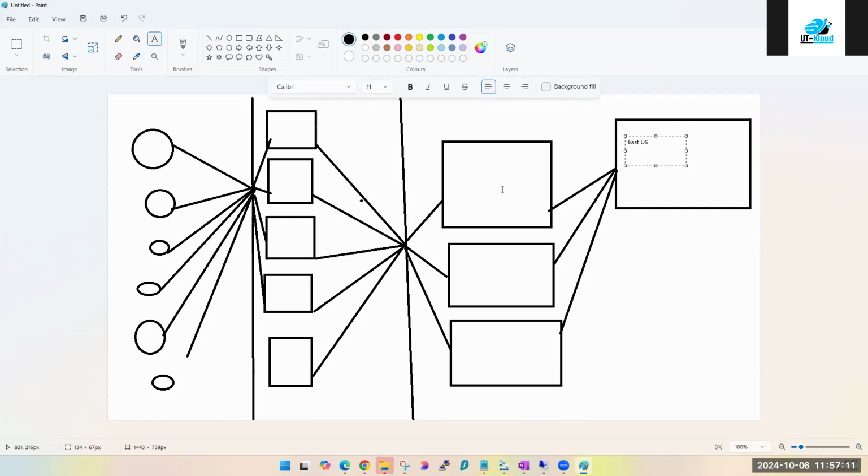Now this is in East US. And let's say your servers, etc., all these are somewhere in India. Though you will not see it exactly like this, but this is just for your example. And these are in different regions. Your storage account is in a different region. But somehow you have managed the connectivity, right? So East US is completely down. Will your application work now? If your East US has gone completely down, then